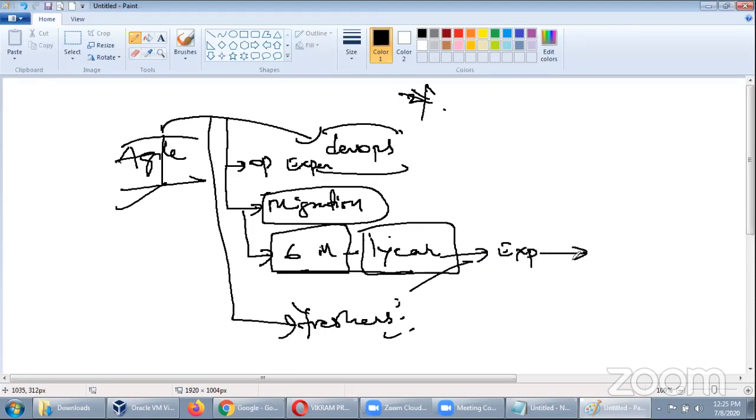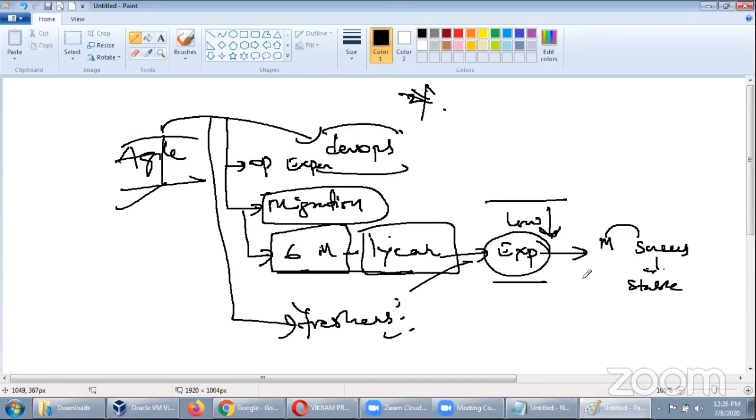So once they convert this migration successfully and the project becomes stable, the role of experienced people becomes low. That means they are no longer required unless it is another migration. That means the demand for experience becomes low, and organizations start hiring freshers.